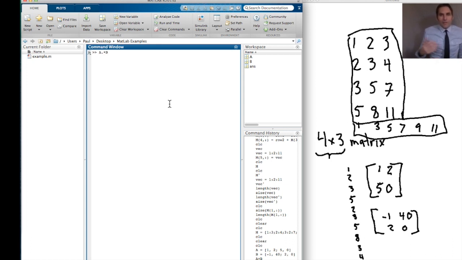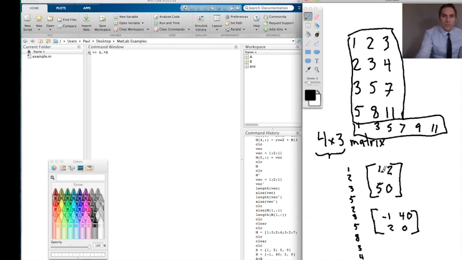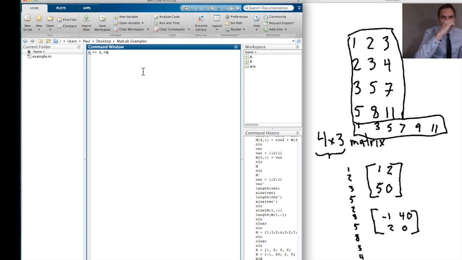Depending on your level of mathematics so far, you may or may not know how to multiply matrices. We're not multiplying matrices. We're multiplying each element in this matrix by each element in this matrix. That's different. We're not going to go into matrix multiplication. We're going to go into array multiplication, where we want each element times its corresponding element in the other matrix. So I need the dot times for that. If I do A dot times B,